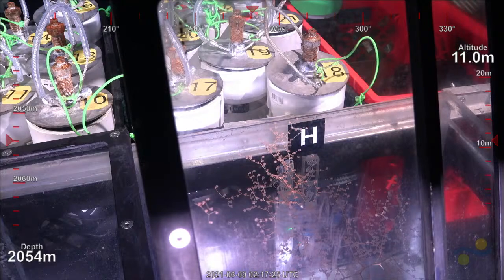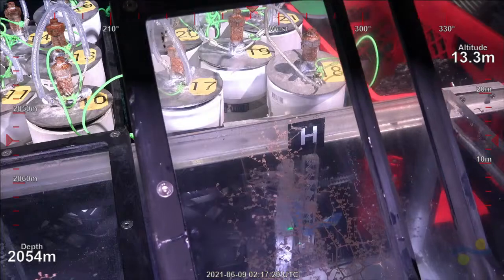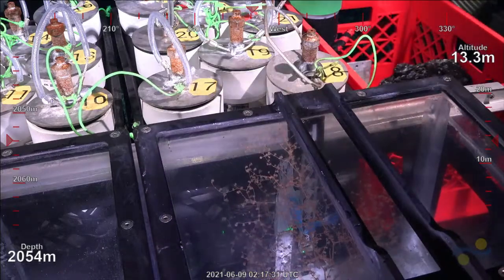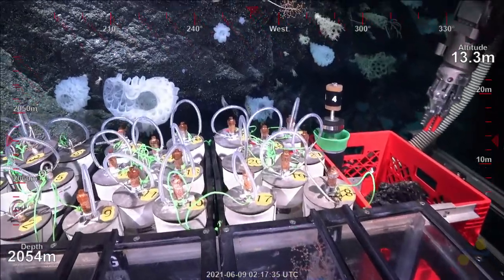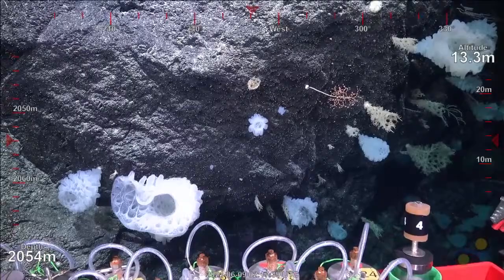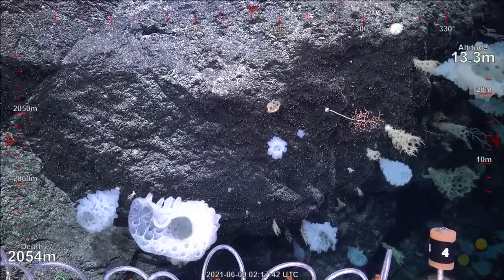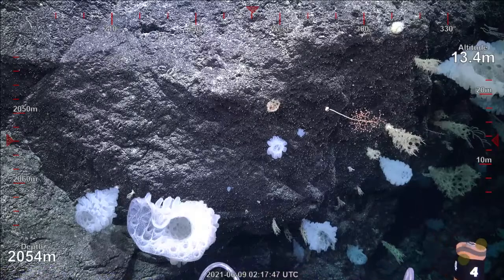Looks great. This will satisfy a bunch of our scientific goals for the dive. Very nice. So it's locked up in box H. Just write a note there. I forget what we